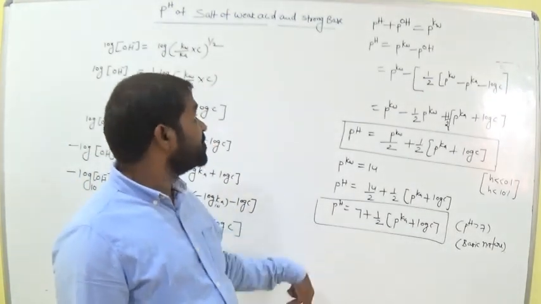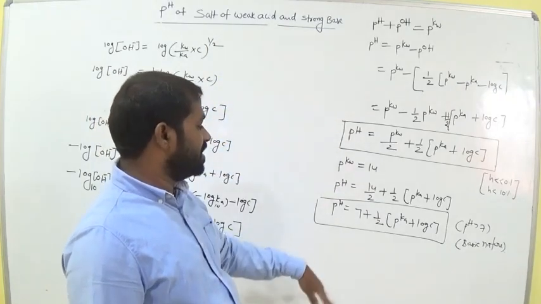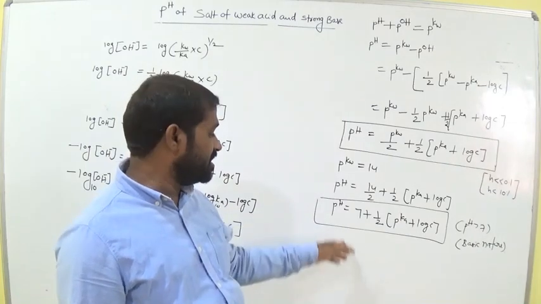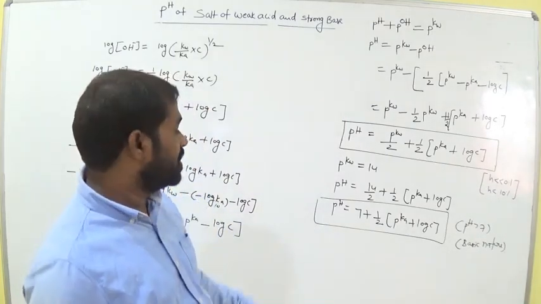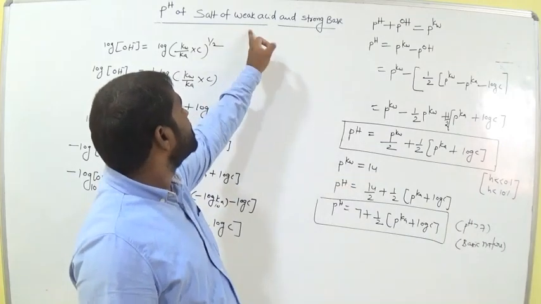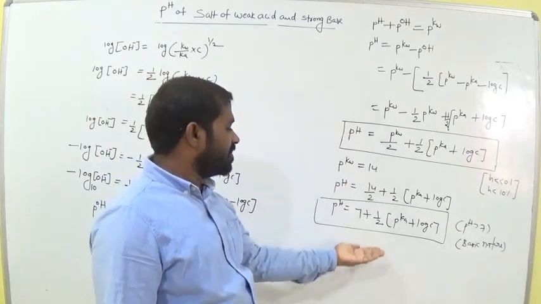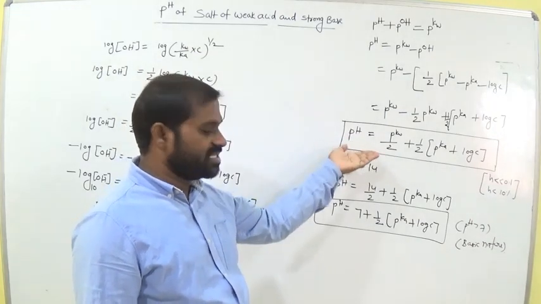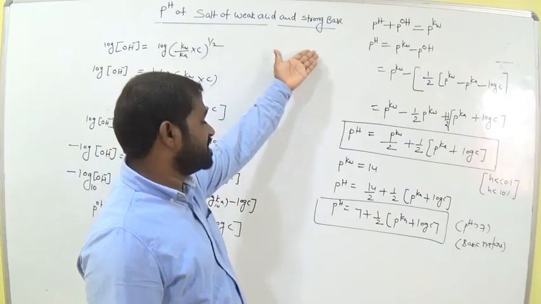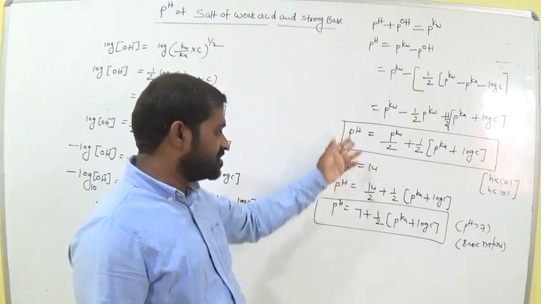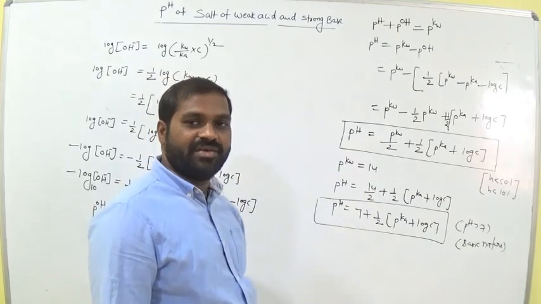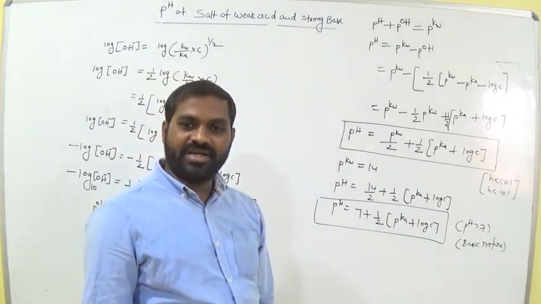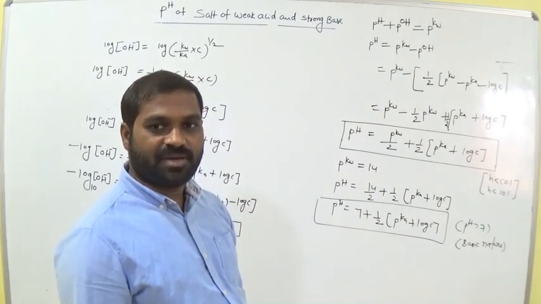Okay. Now pH for salt of weak acid and strong base. These expressions are direct problems we have in the examination related to these formulas. Now this is the condition for pH of salt of weak acid and strong base. This is the formula. Suppose the option is given in such a kind. What is the formula for pH of salt of weak acid and strong base? This expression, and both are correct, am I right? You know pKw value at 298 Kelvin is clearly 14, am I right? We already discussed that. Okay. Is it clear, all of you?